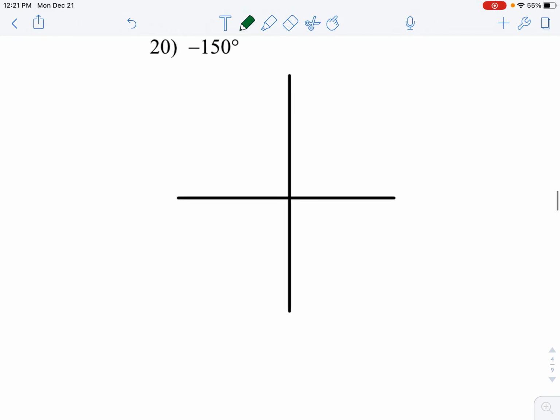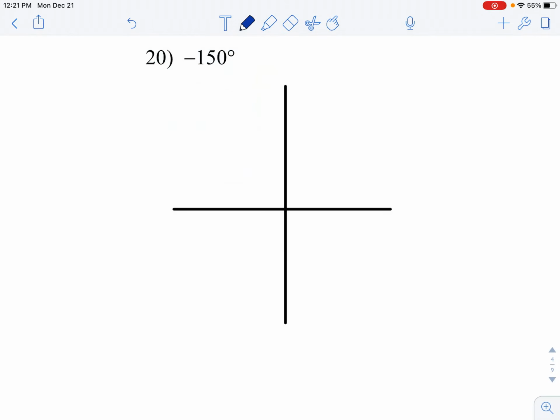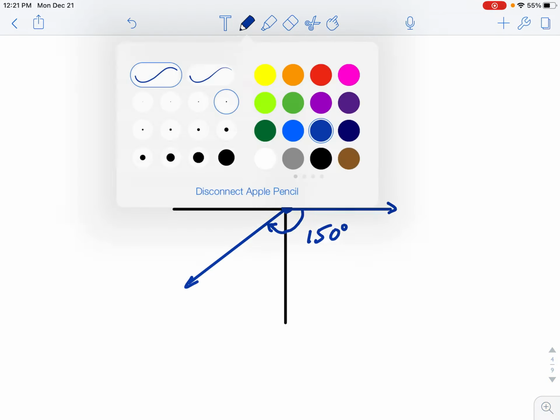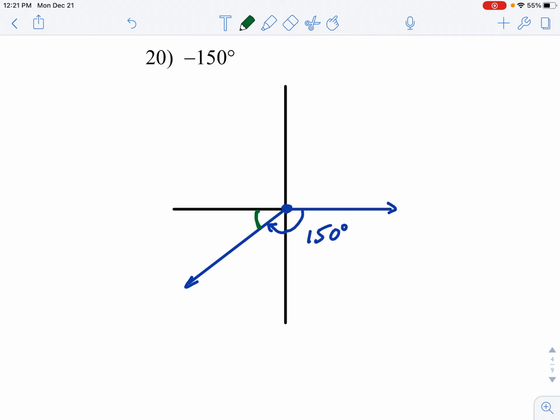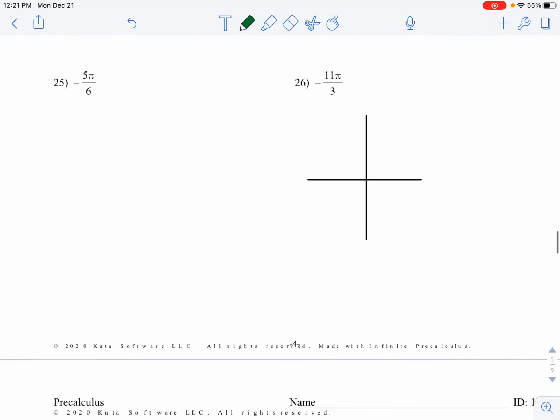All right, number 20. Switch back to blue, negative 150 degrees. So vertex, initial side. Negative 150, so this is negative 90. Negative 180 would be too much, so I'm going to stop a little early. So my angle, 150 degrees right there. My reference angle is this much that's left over. I'm calling theta prime my reference angle. That's going to be 180 degrees minus 150 degrees, which is 30 degrees. So number 20 should be 30 degrees,